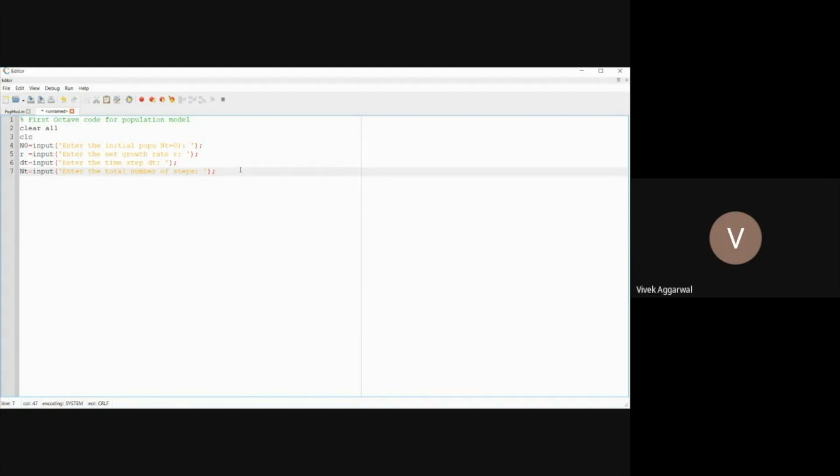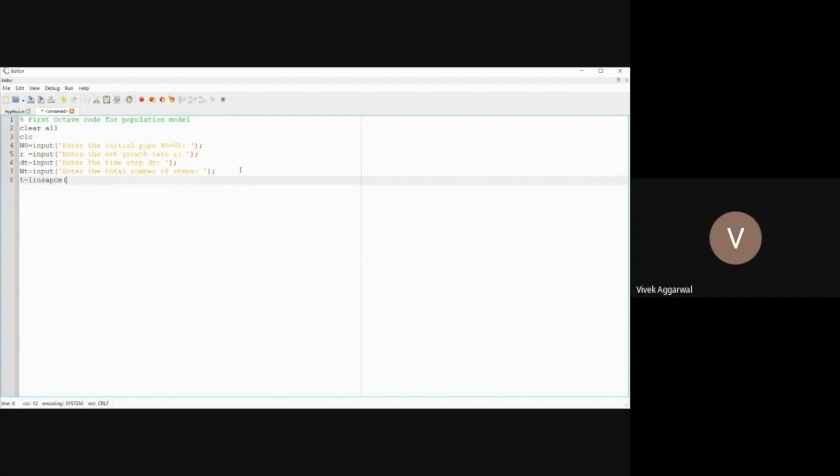So after doing this one, you understand that now I need to find out what is my t, the time. So t I will calculate. So t can be written as linspace. This is an inbuilt function, linspace.